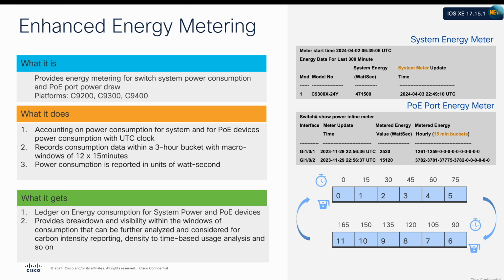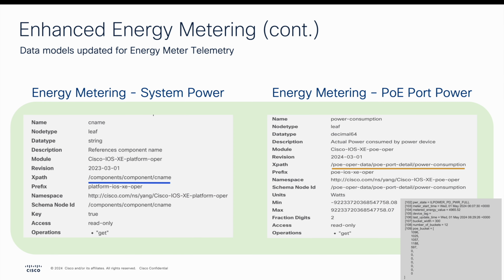So this provides the ability to break down and visualize consumption of power within specific time windows and analyze and consider that when determining the carbon intensity reporting. So this allows for time-based usage analysis and so on, giving you the ability to optimize the energy efficiency of your network as a whole. Here we see the additional 2 data models for energy meter telemetry, system power on the left, and PoE port power on the right. And with this last but very important feature addition, we conclude the features coming in IOS